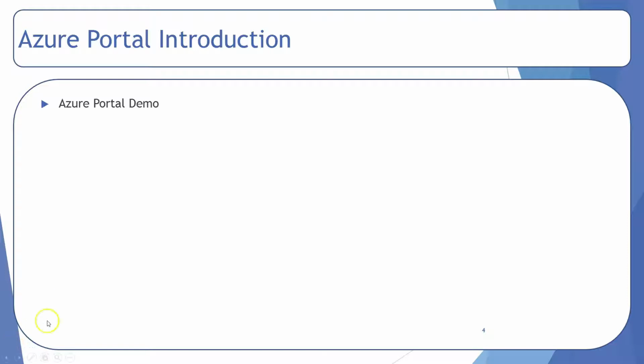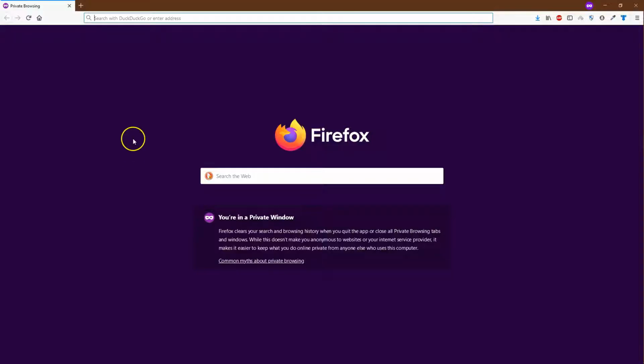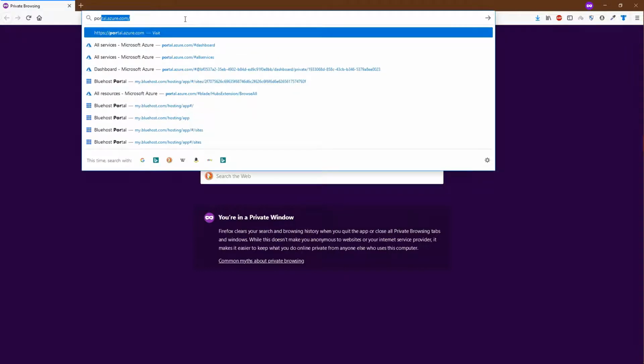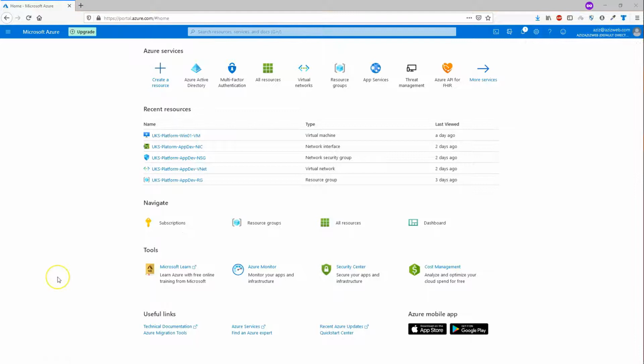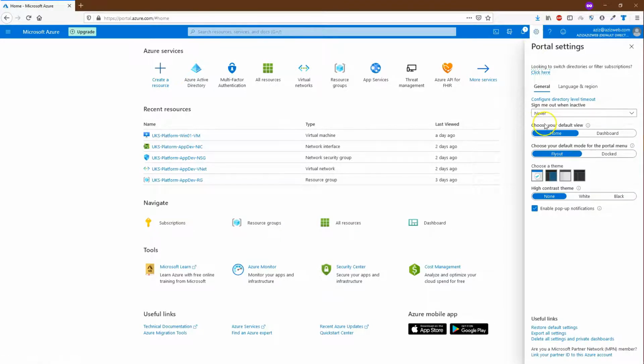Once you have created an Azure account and you have a valid subscription, then navigate to portal.azure.com and log in with the Microsoft account credentials which were used to create the free Azure account subscription. When we log into the Azure portal for the first time, it will show the home page. We can customize the portal and theme here. Portal appearance settings: click on this gear icon to see the settings.